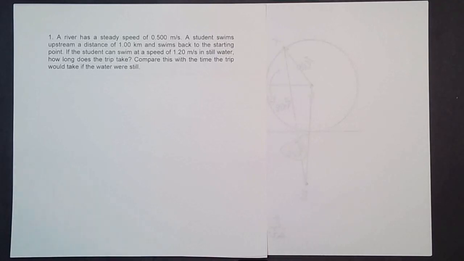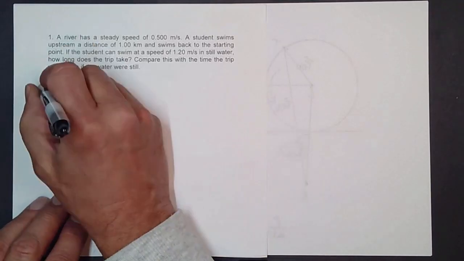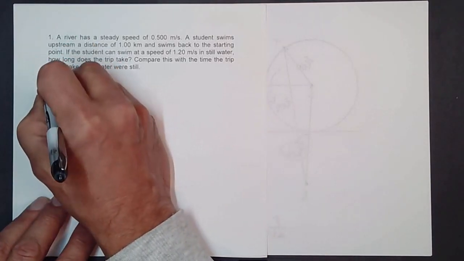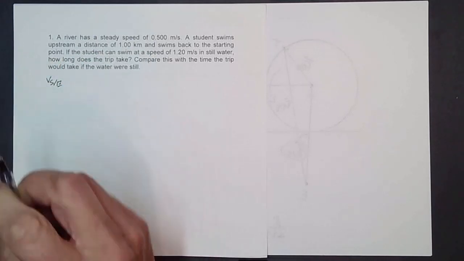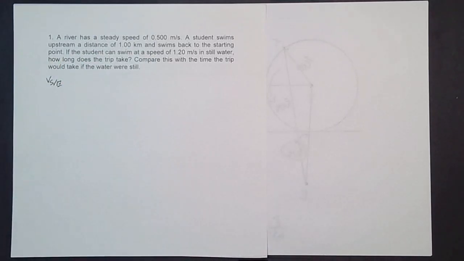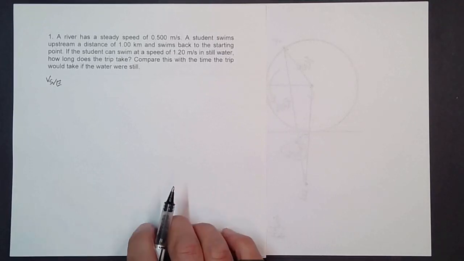If the student can swim at a speed of 1.20 meters per second in still water, how long does the trip take? And then compare this with the time the trip would take if the water were still. We have a fixed reference frame, and we'll talk about the speed of the swimmer with respect to the earth. And then we have the moving water, which is another reference frame, and it's going at a steady speed of